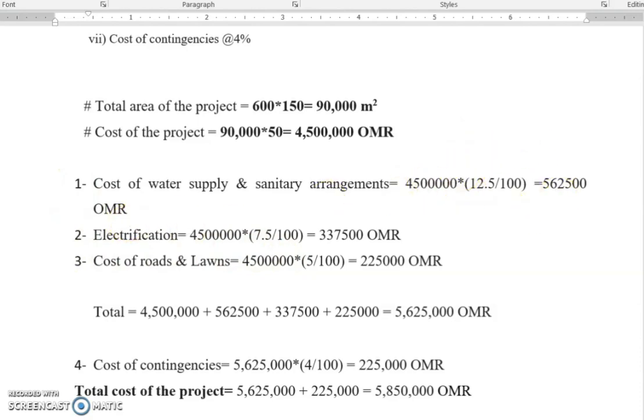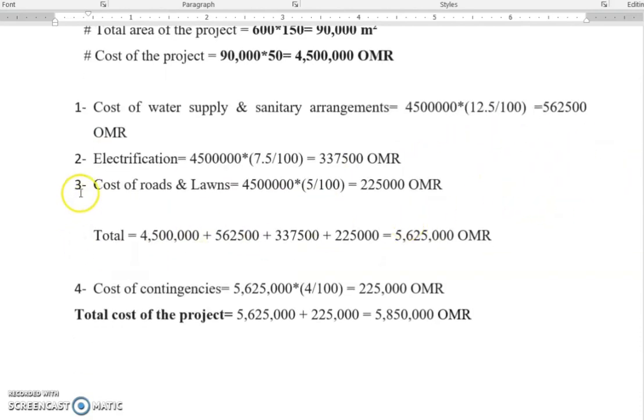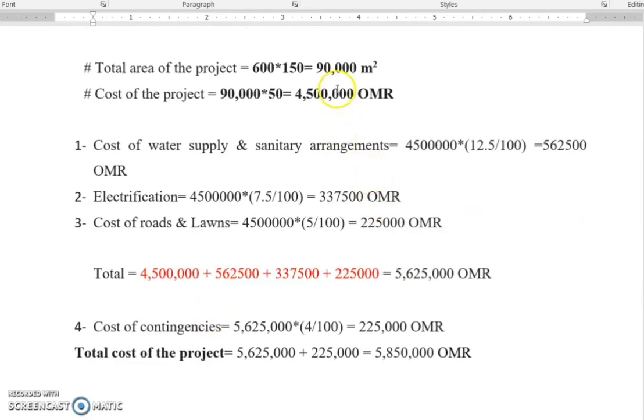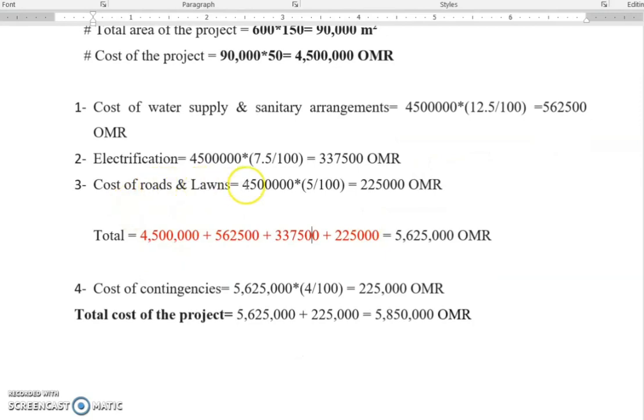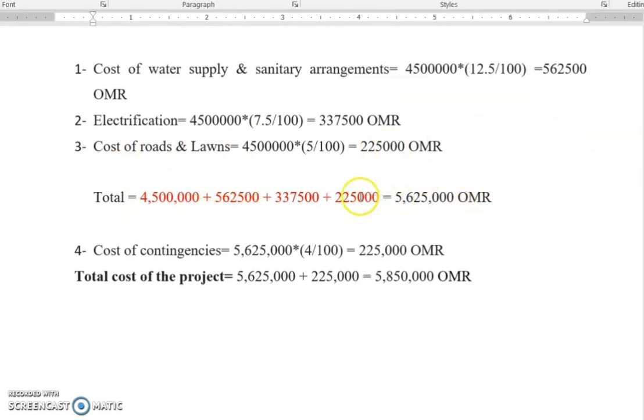اذا 12.5 راح يطلع لنا سعر الكهرباء، المي والسانيتري ارينجمنتس، الكتريفيكيشن على نفس الطريقه اللي اخذناها المره الماضيه. عندك الكوست اوف رودز لونز راح يطلع على نفس الطريقه الماضيه. وبعدها الخطوة المهمة جدا، وأنا أريد أسويها بالأحمر حتى نأكد على هذا الموضوع، أو هذا أنا أريد أشوفه السؤال مكتوب عشان أعرف أنت إيش جمعت لي أول وحدة صار المبنى كامل، سعر الكهرباء والمية جمعناها، والماء، وسعر الكوست اوف رودز اند لونز طلعناها وجمعناها مع هذا، طلع لنا هذا الرقم total cost